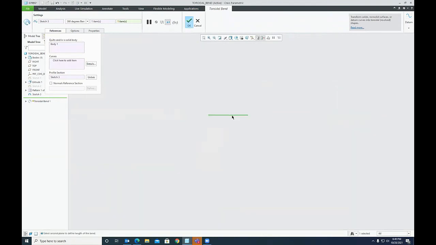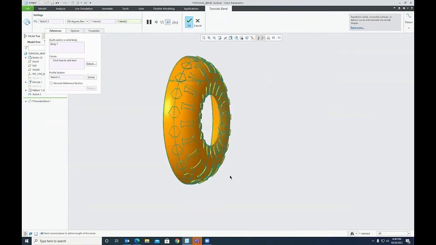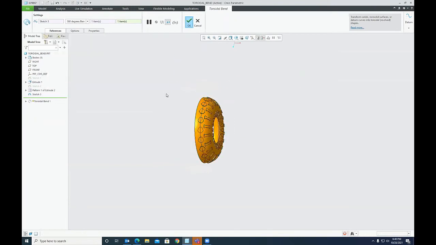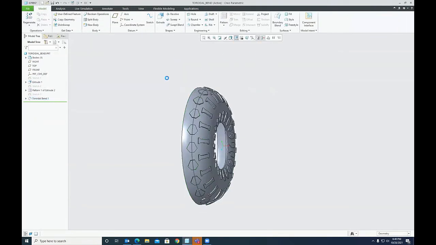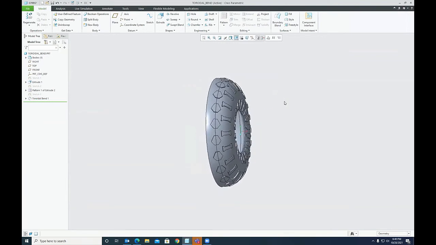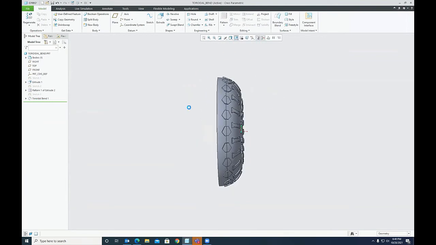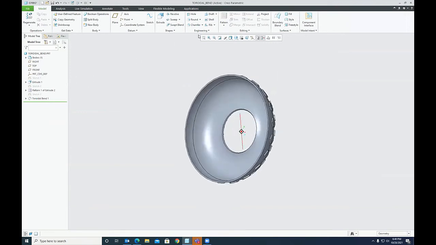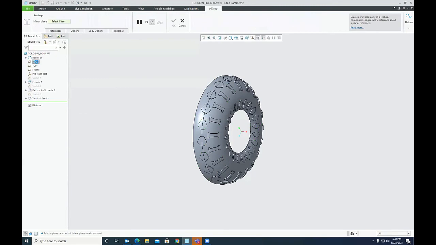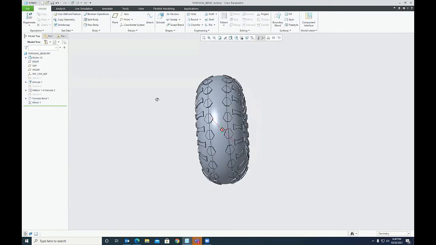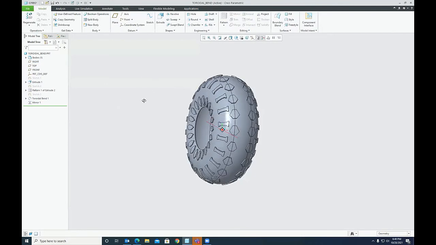So this will be nothing but the half size of a tire on one side, and then I can mirror this model. It's like this. So this part I mirror about the right plane of symmetry, and this would create a complete tire.